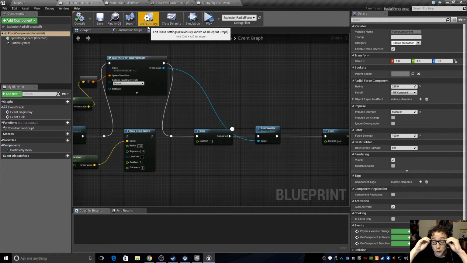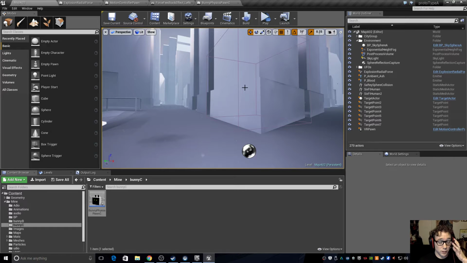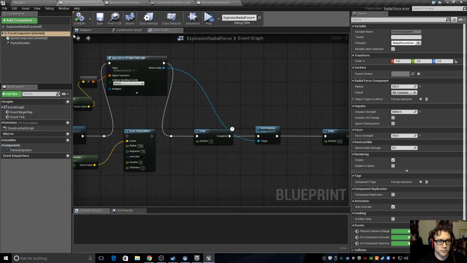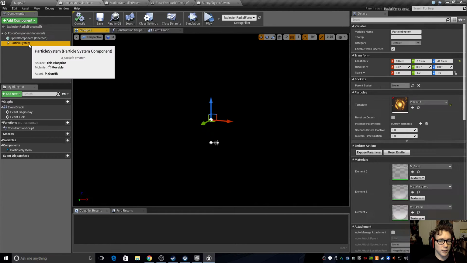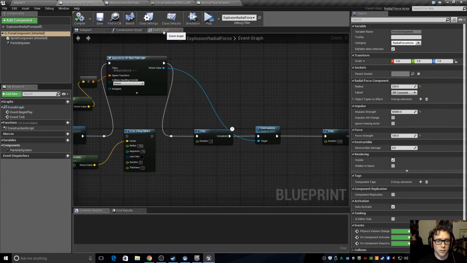So anyways, next up is adding force explosions. I have these little enemies that are coming at me, and when I shoot and there's a detonation, I want them to go flying. So what I had to do was create a new blueprint actor that I just named Explosion Radial Force, which is in the viewport. It has a force component and a particle system. This is the little explosion that goes off. And the force component is the base of the whole thing, and it has a radius and an impulse strength. And then under the event graph,